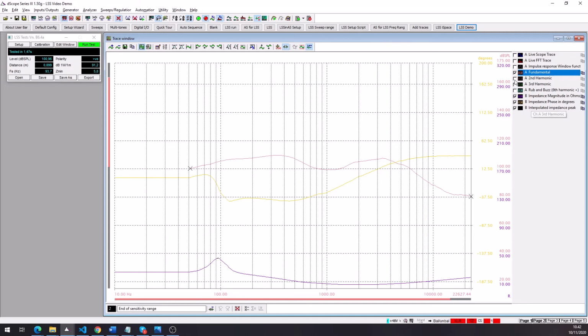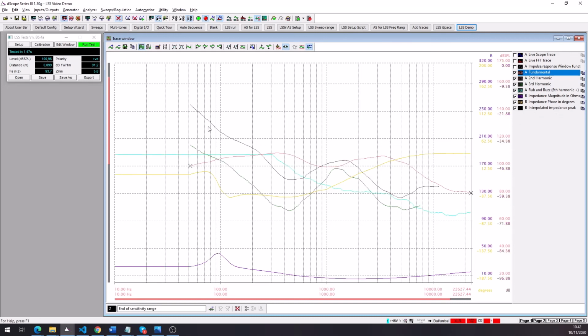After setting up this test and running it, you can save the configuration and the results with it. This way, you can later on load it